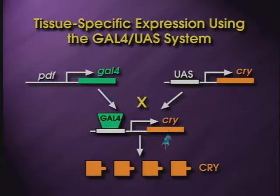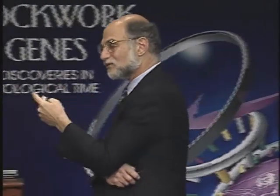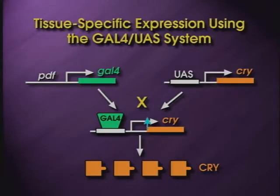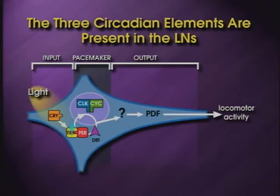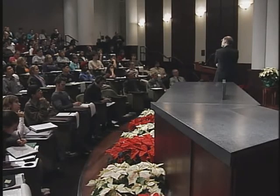And if we express this cryptochrome protein only in these 8 cells, we can now ask if the effects of the mutant, the strain which is missing the cryptochrome protein, is rescued by having this protein only expressed in those 8 cells. And it turns out that all of the locomotor activity defects that exist in the mutant cryptochrome strain are rescued by expressing this protein only in those 8 cells. So this allows us to draw an important conclusion, and that is that these 8 cells, these lateral neurons, as they're called, or pacemaker cells, are really the fruit fly equivalents of the suprachiasmatic nucleus as far as locomotor activity